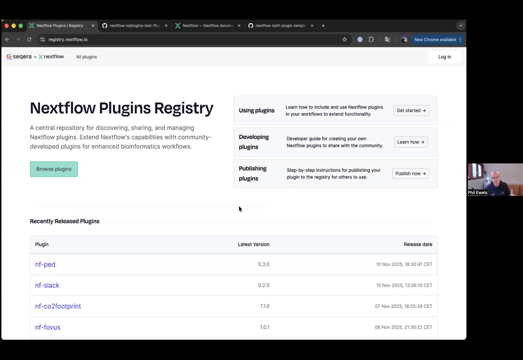Now, how does this work? Right. So to explain this and why it's new and why we've done it, I want to talk a little bit about how it used to work for those people who haven't gone through the process of publishing a plugin up until now. So in the old days, Nextflow had a very rudimentary system for finding plugins, which there was